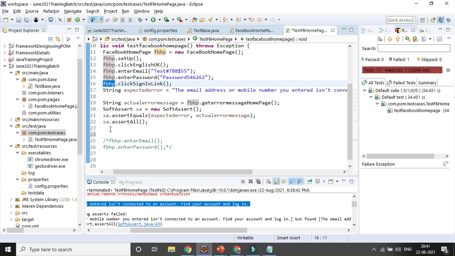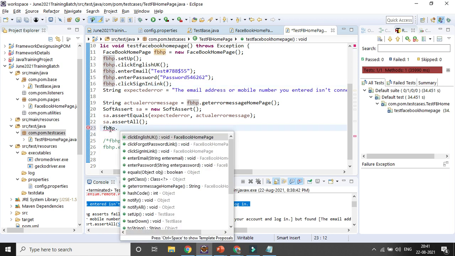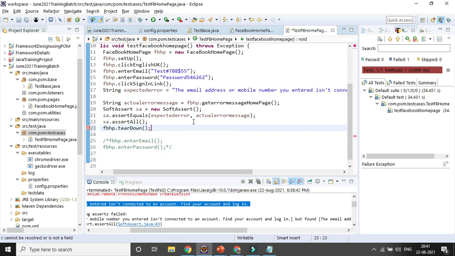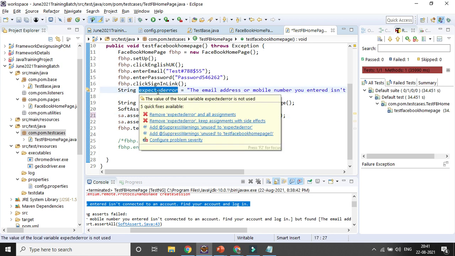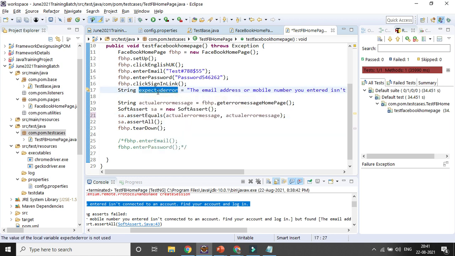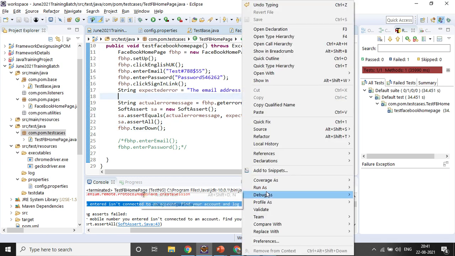So in case it is working fine, it will quit the driver or close, I will call the tear down method. Okay, here first I need to give the actual one, the actual error message, then the expected one. Let's try to run it and let's see now.